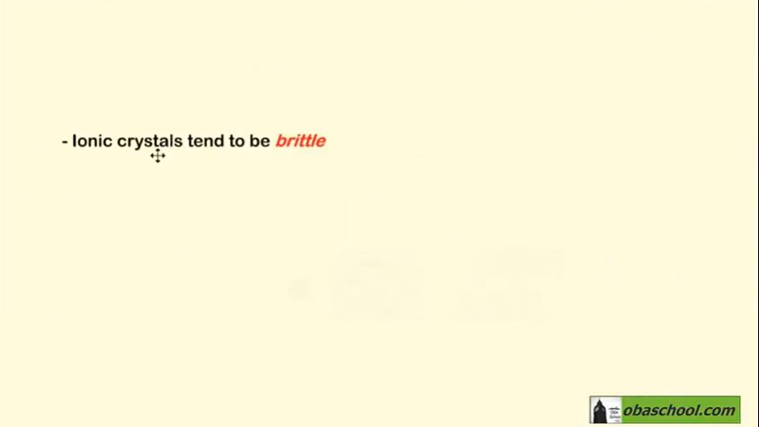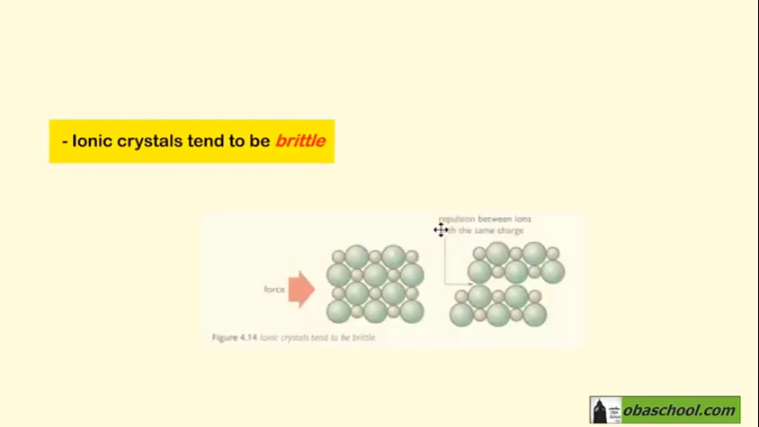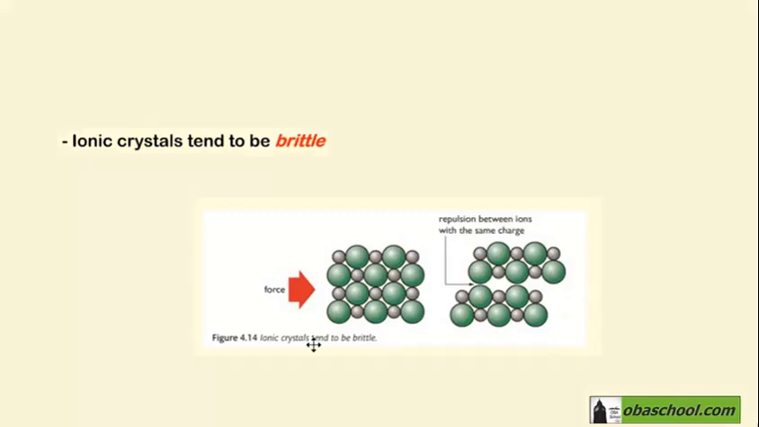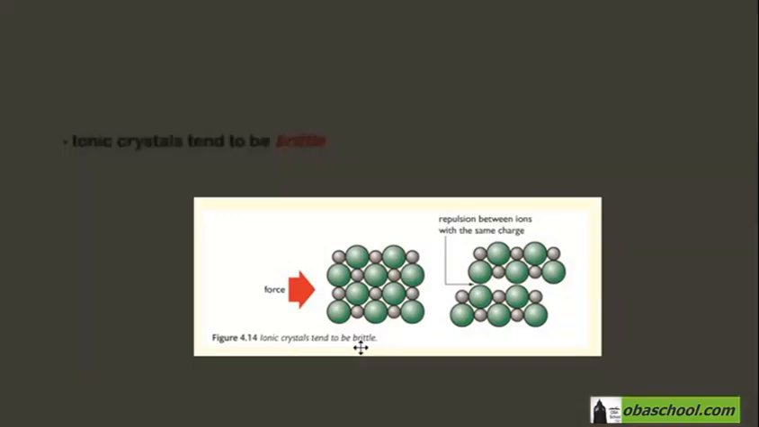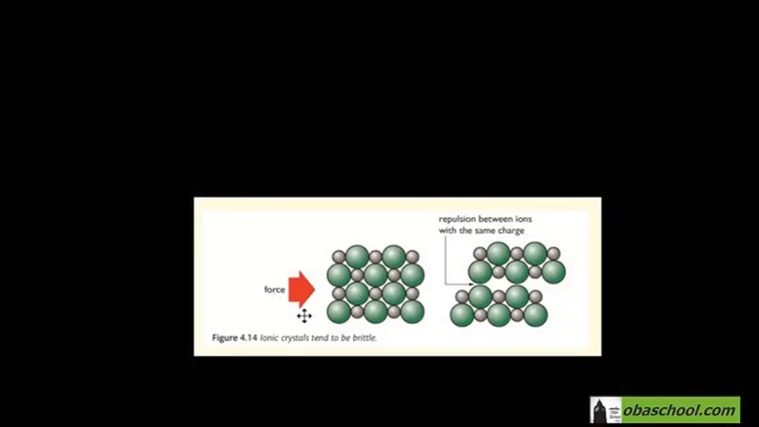Ionic crystals tend to be brittle. Brittle means that they can be easily broken. Consider this figure, for example. Ionic crystals tend to be brittle. If force was applied to this ionic structure,